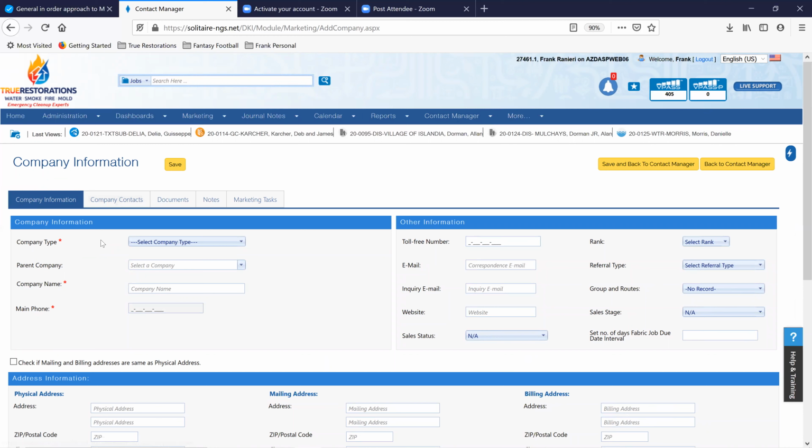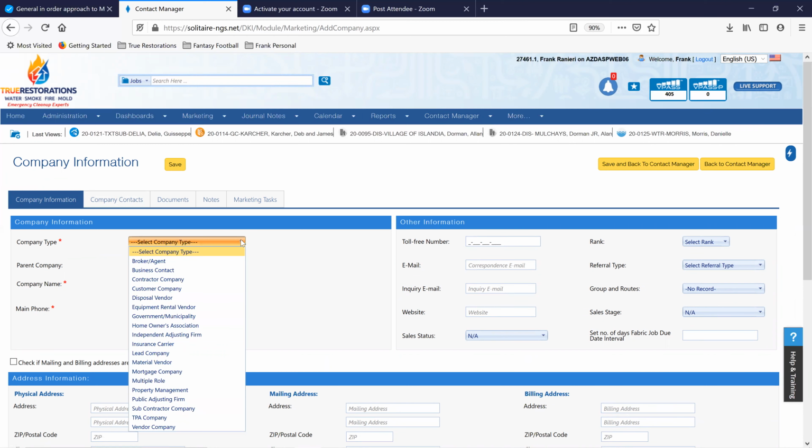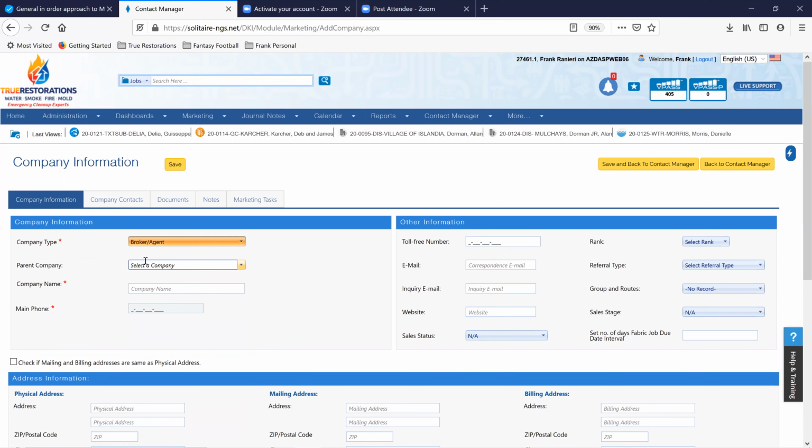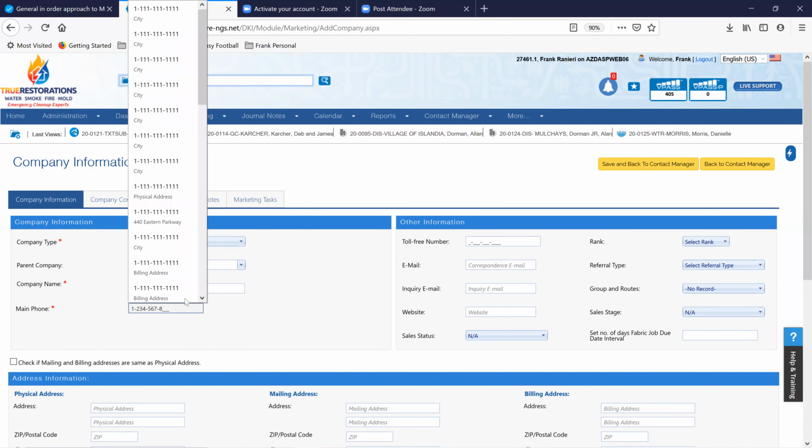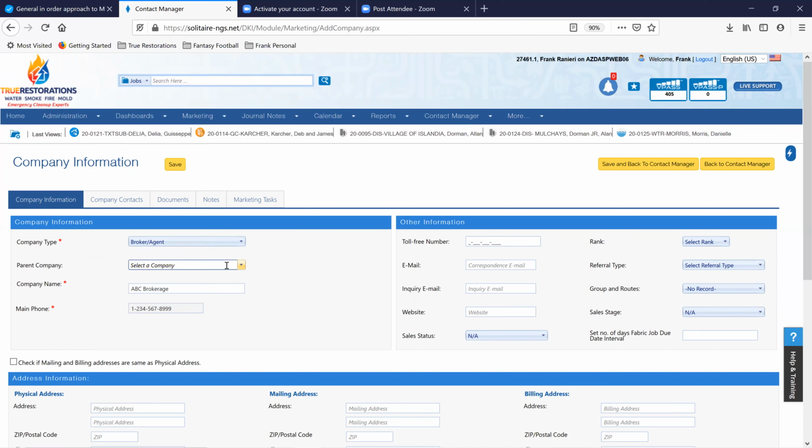The first thing we're going to concentrate on is entering the company. So first, you would find out what type of company it is. Let's say today we're going to do a broker agency. This is going to be ABC Brokerage. Their phone number is 1234567. There we go. If they were related to another company, say this is Lighthouse, and Lighthouse has 5 different agencies,